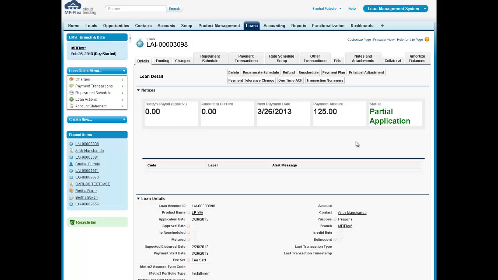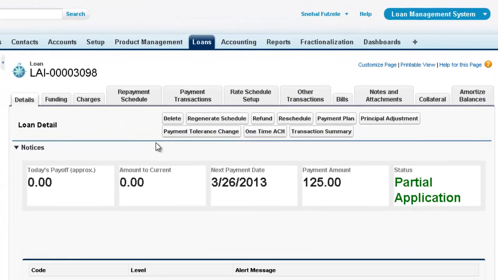Once we've saved it, it takes us to the loan page, and it shows us the details of this loan for Andy Manchanda. And we can see here that it's only a partial application at this stage, and it gives us the important information up the top here. At the moment, because it hasn't been funded and no payments have been made, there's not much information here. If we scroll down,